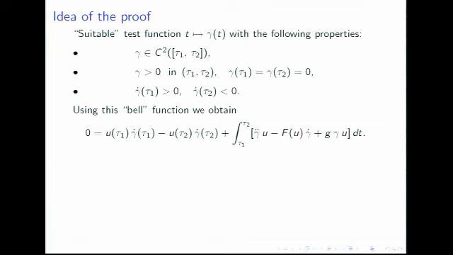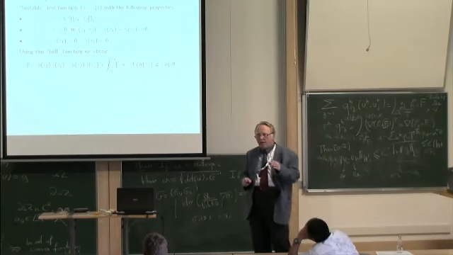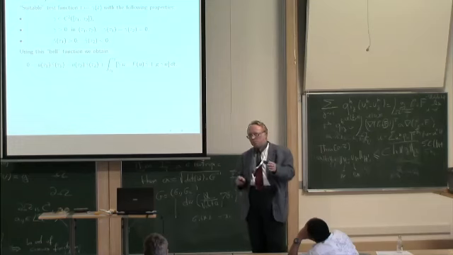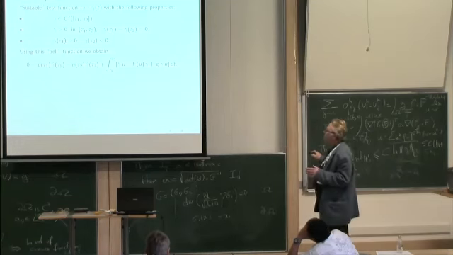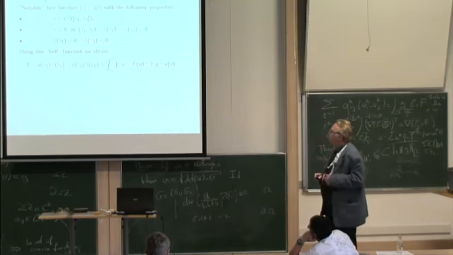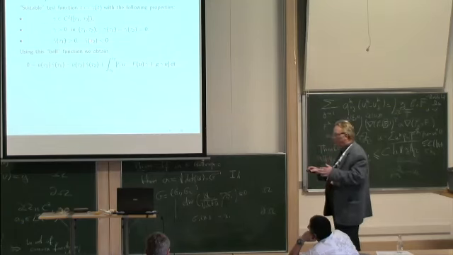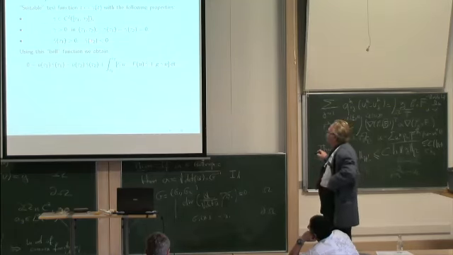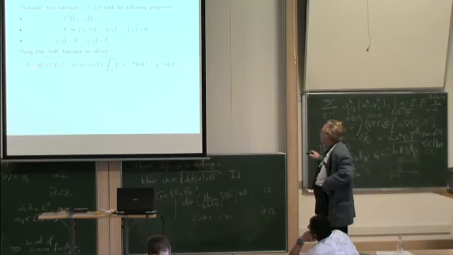The derivative at the left end of this interval is positive, and at the right end of this interval negative. It is a bell function, and we obtain 0 is equal to u tau 1